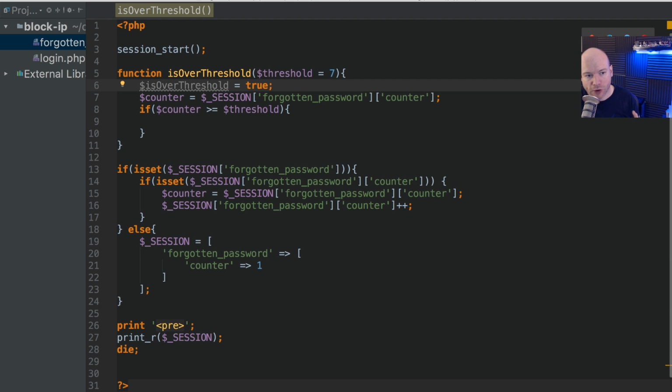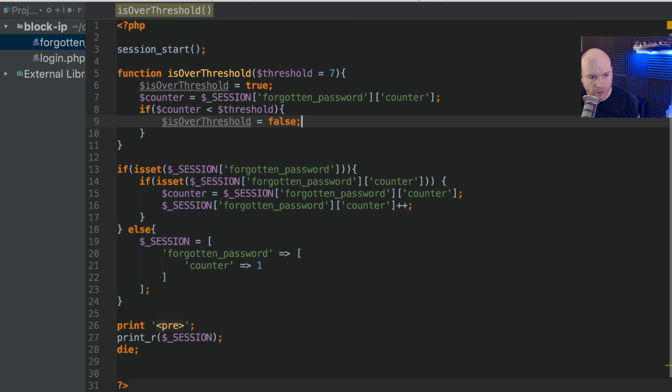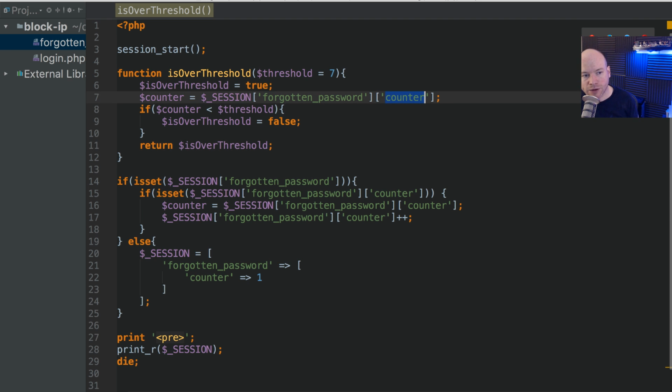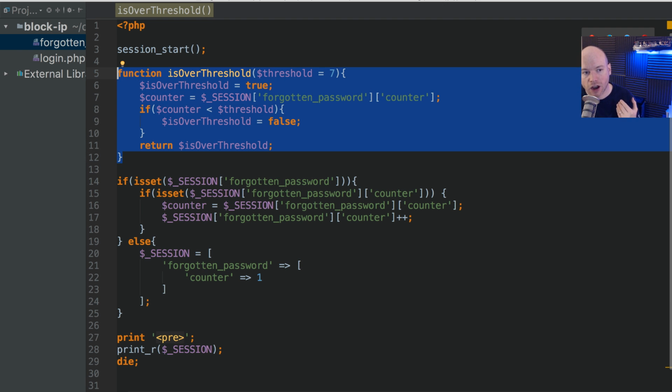Then we're saying, if the counter is greater than or equal to the threshold, that is also going to be true. So we can flip this, so we can say if that is less than the threshold, then is over threshold is equal to false. We then return is over threshold, right? So what we're doing here is we're checking the session, we're getting the counter, we are checking if the counter is less than the desired threshold. If it is less than, we set is over threshold to be false and we return it. This function here has only got a single responsibility. It is only checking if the number